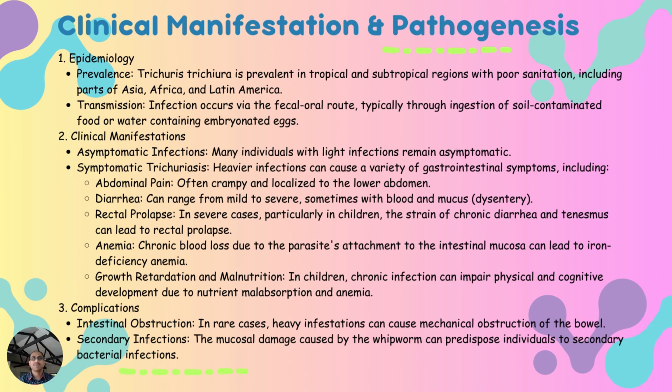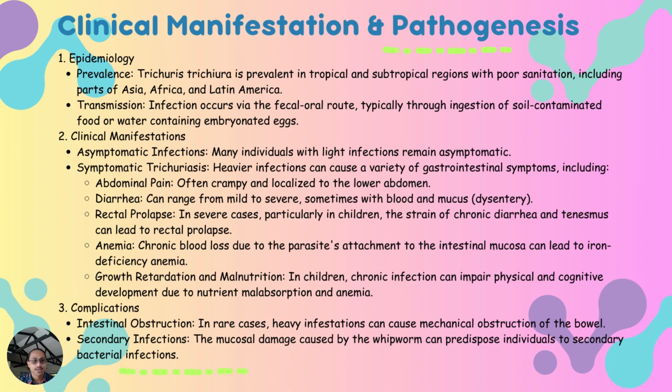These are people with light infections. Symptomatic trichuriasis is caused by heavy infections, causing a variety of gastrointestinal symptoms, including abdominal pain, diarrhea, rectal prolapse, and anemia due to blood loss from the parasite's attachment to the intestinal mucosa, which can also lead to iron deficiency anemia. And since the nutrients are being absorbed by the parasites, children or adults can suffer from growth retardation and